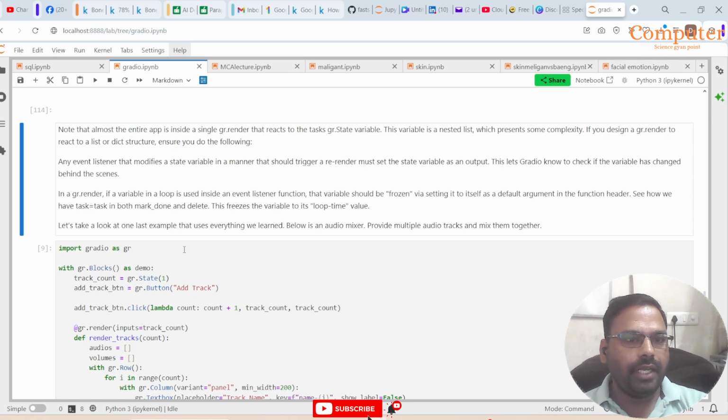So if a variable in a loop is used inside an event listener function, that variable should be frozen. Frozen means immutable. It refers to itself as a default argument in the function header. So you can delete, mark, or freeze the variable by the loop time. Next,